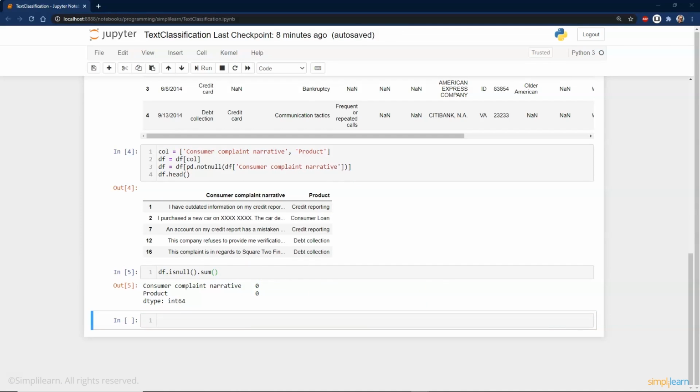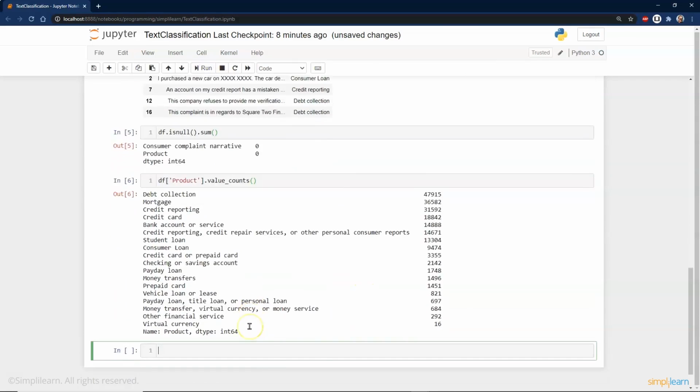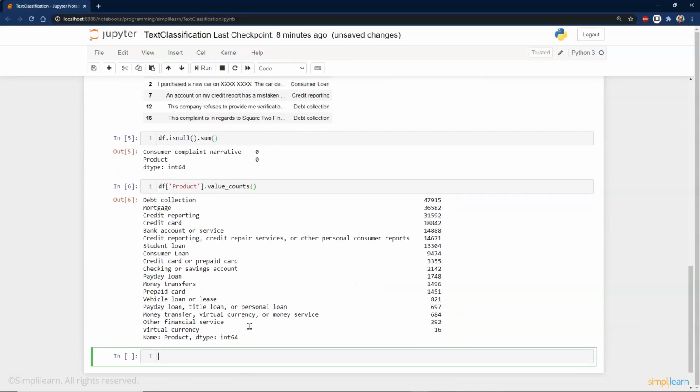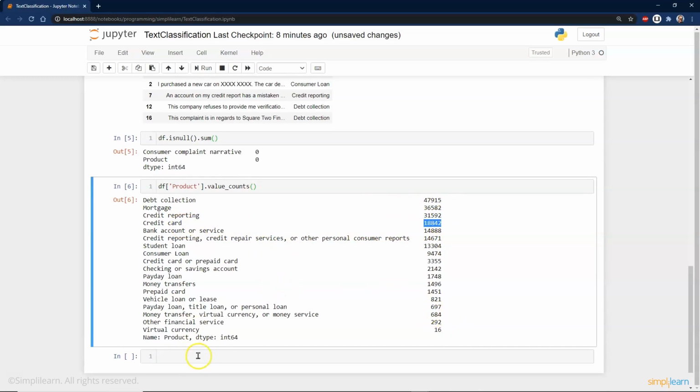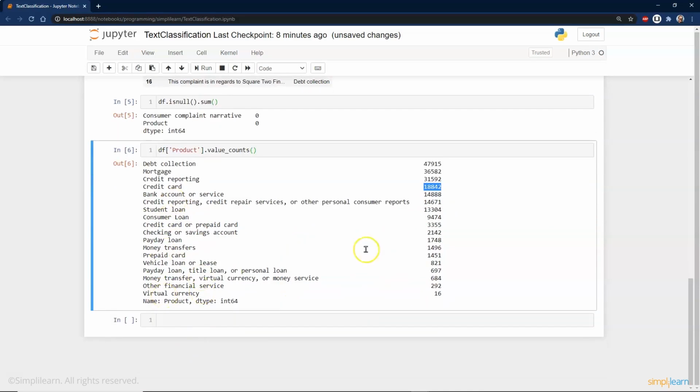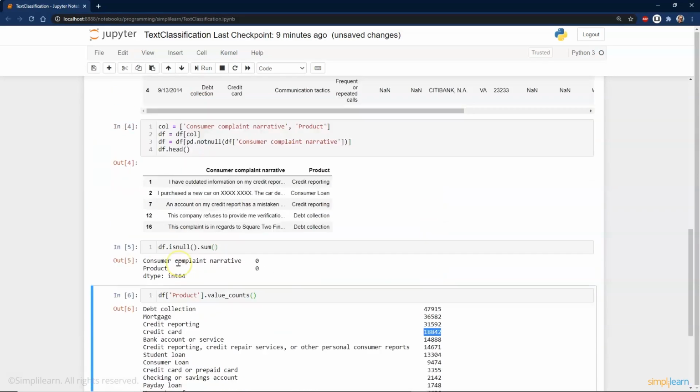And then we can also go ahead and take a look at the aspect we might be looking for, which is our product. We have credit reporting, consumer loan, credit reporting, debt collection, debt collection. Let's go ahead and take a look at how many counts we have. You can see here that under debt collection, there are 47,000 entries. Under mortgage, there's 36,000 entries. Under credit card, we have over 18,000 entries. So this is a pretty big database. And you can see it going all the way down here with the different entries that go underneath of